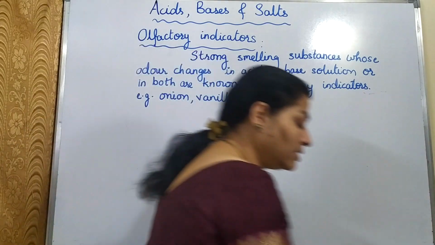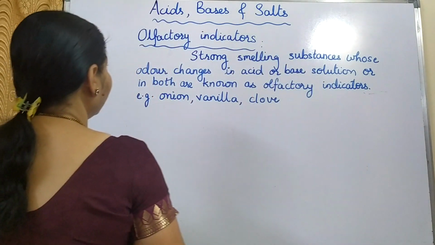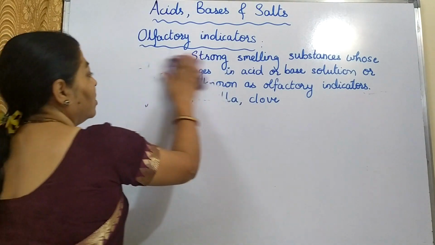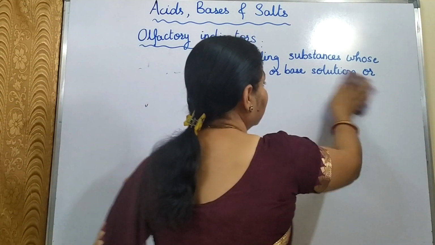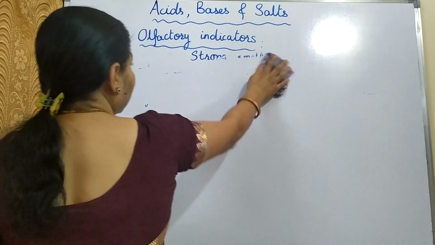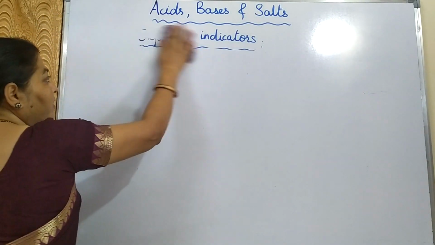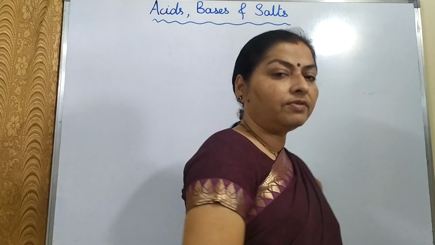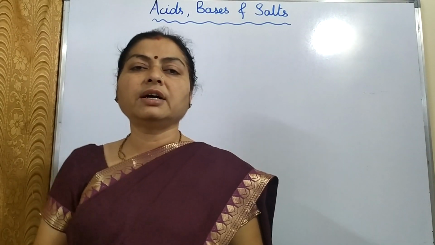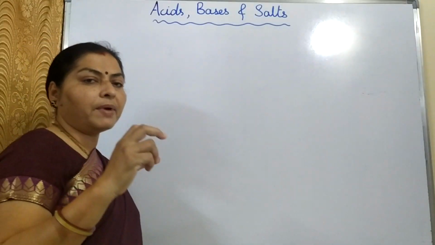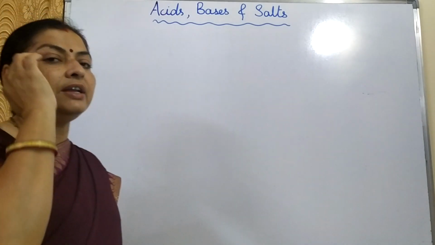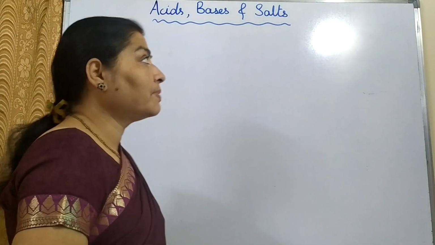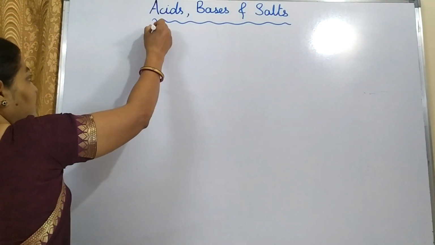Let us move on to the next topic now, that is classification of acids. Now out of acids, bases and salts, we are going to move on with the first part, that is acids. This part was only how we can identify between acids and bases. So acids is a major portion of the chapter and salts is a major portion of the chapter. Bases, yes, there is a small part which is included along with acids, but we'll treat the acids and base sections separately and then we'll move on to the next part, that is salt. So we are starting with the acid portion today.